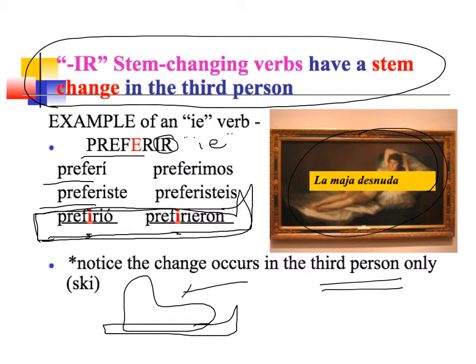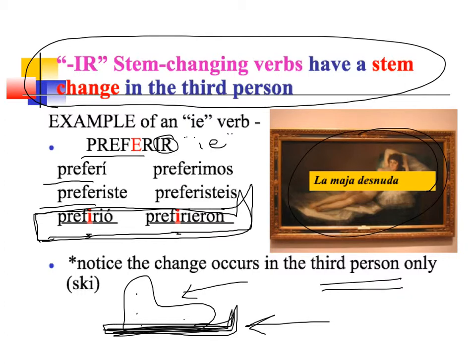You know how the boot would help? Sometimes we'd say, remember, it's stem changing. You put the stem change inside the shoe or the boot. Well, now we're going to say, all right, it's preterite, but it's stem changing. So we're going to put the stem change only in the bottom, third person forms. And again, you'll get used to the idea, but it is only for IR stem changers.